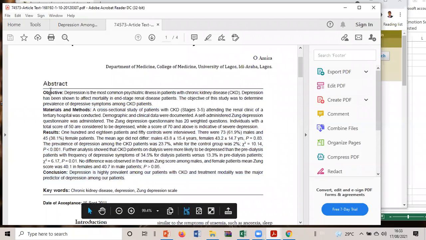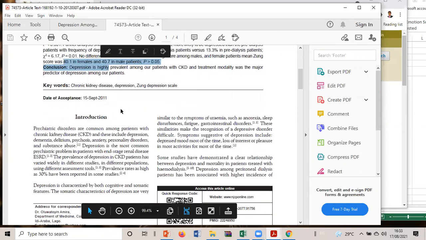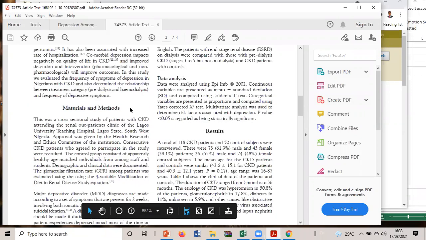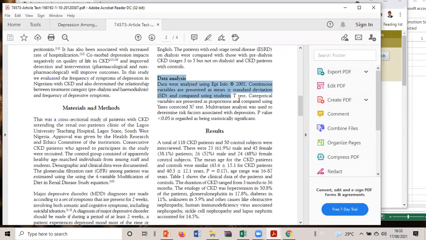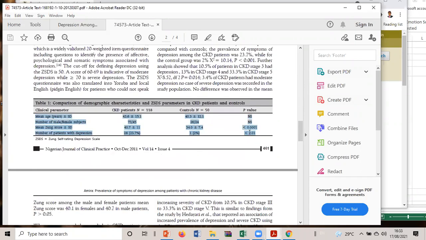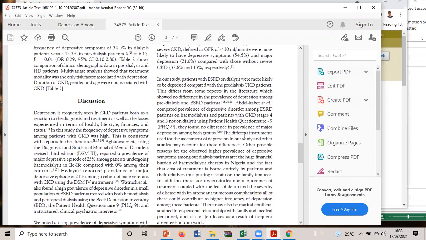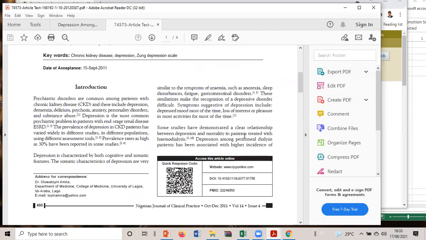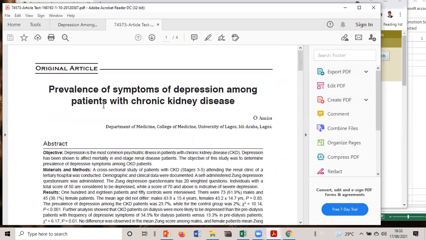To derive from the objective to the conclusion, these guys have told us exactly what they did, what data analysis they did, what results, how they presented the results, and what's the discussion.